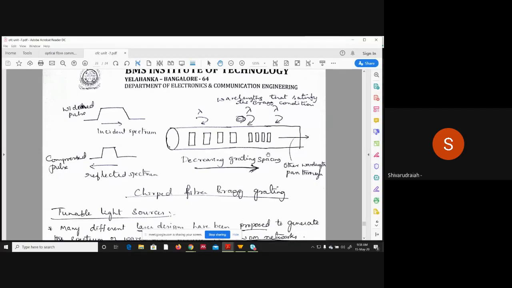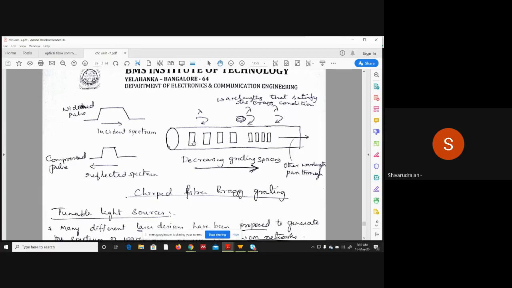Okay, this is a section of the fiber or the fiber length. You can see these are the grating structures formed inside the fiber. The dimensions we can observe, the first structure has a big dimension. As you start moving towards the right, the structures reduce in their dimension. So that is the meaning of chirped grating. Uniform grating means the structures over a certain length will have the same or uniform dimension. That is what we call a static grating or a uniform grating, right?